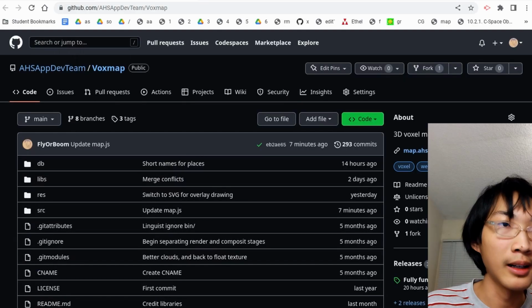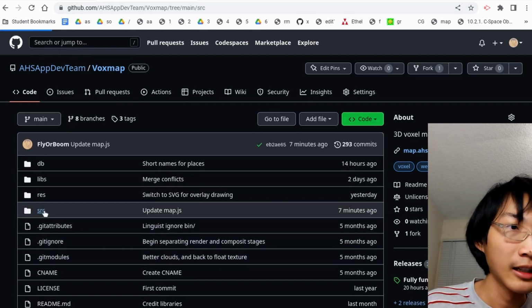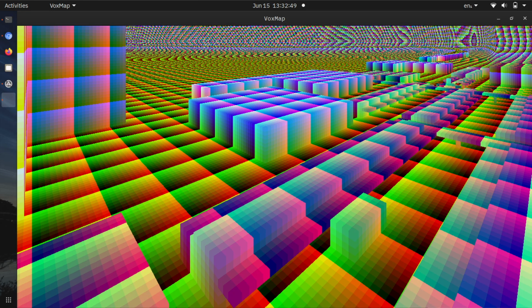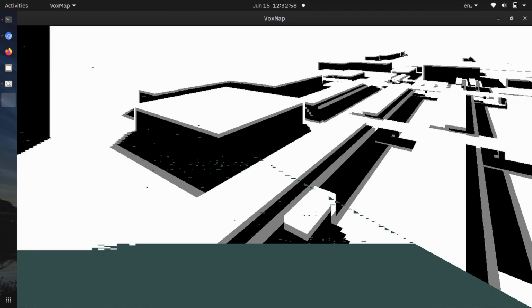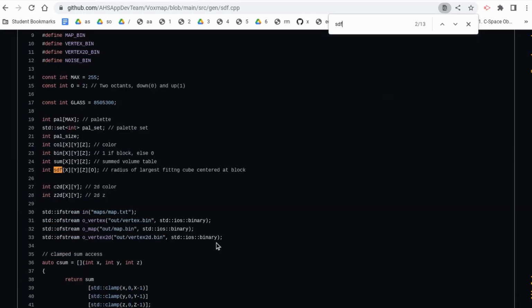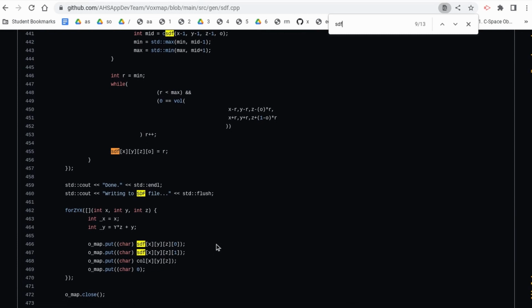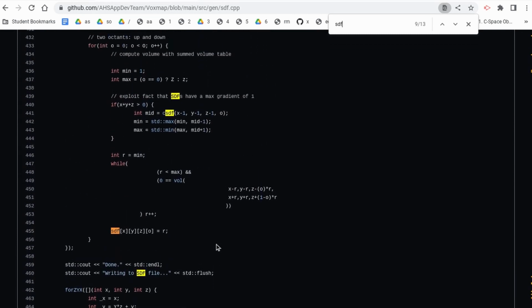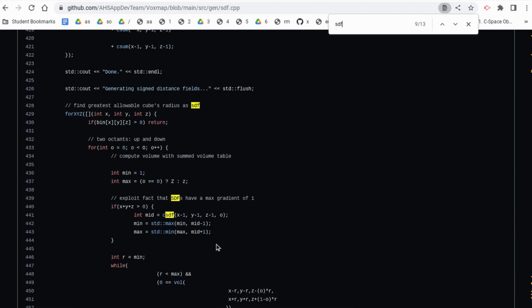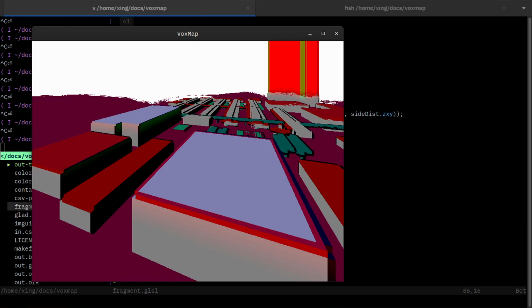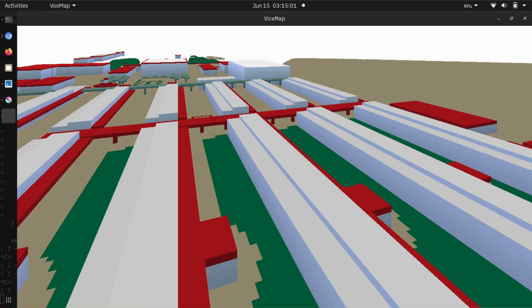So that's why I built my own custom voxel rendering engine, which, first of all, takes the 3D model and converts it into what's known as a signed distance field. And this is essentially a lattice representation of the distance to the nearest block on every point in this 3D volume. And with this information, we can very efficiently ray trace a ray from any surface at any other